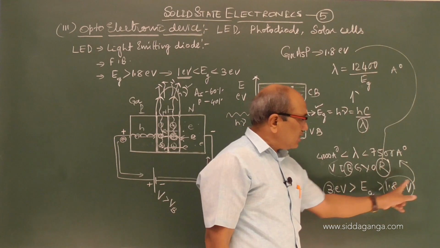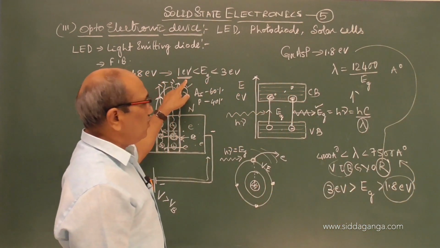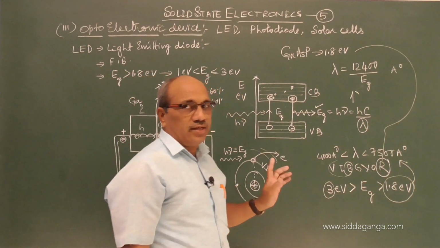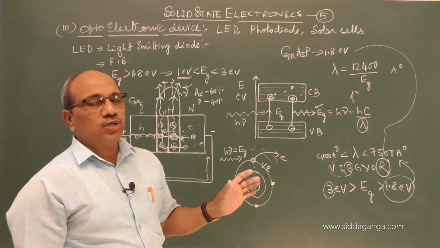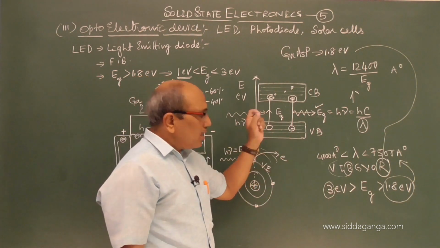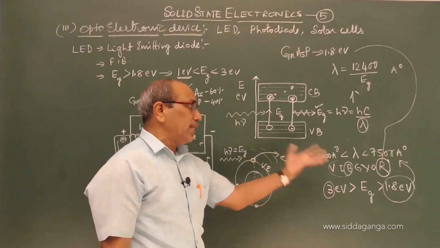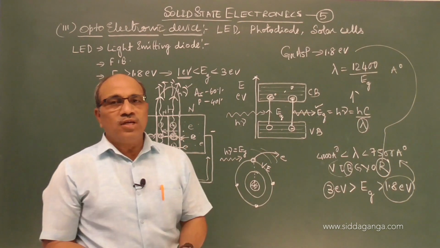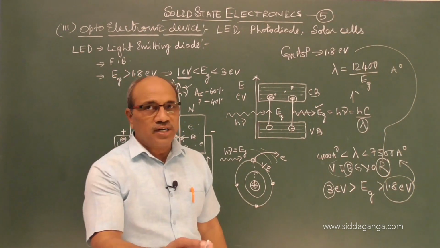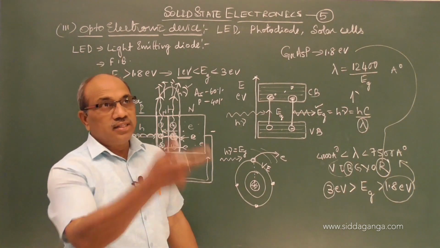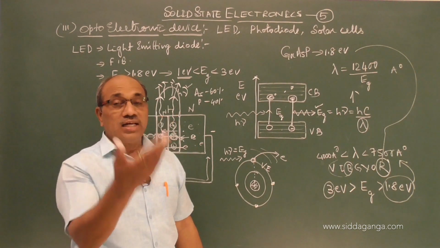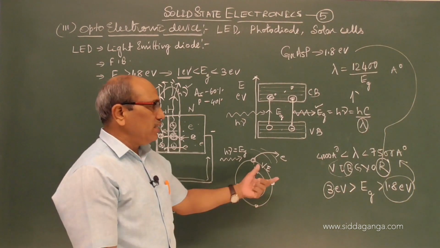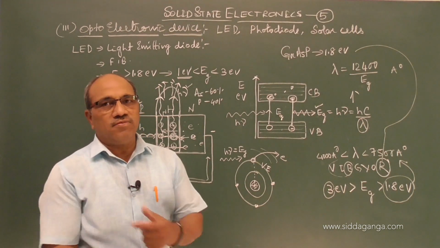If the band gap is less than 1.21 eV, we will get infrared. If it is above 3 eV, we get UV light. So such LEDs are also available: UV LED, infrared LED, and also the visible LED that gives light. For example, the infrared LED we use in the remote control in our houses to operate the TV or the AC air conditioner units, and even in the car key, the remote control of vehicles.